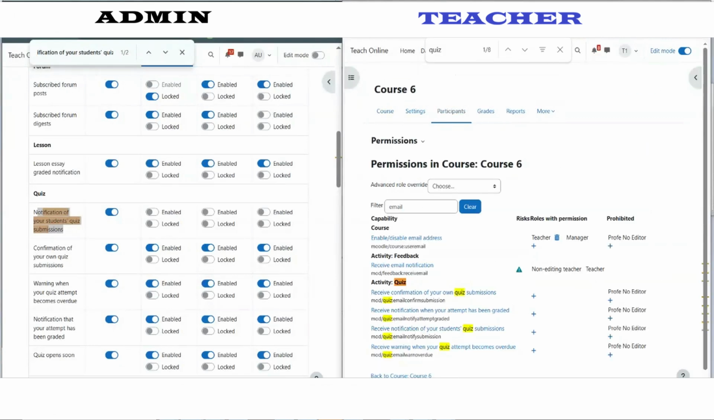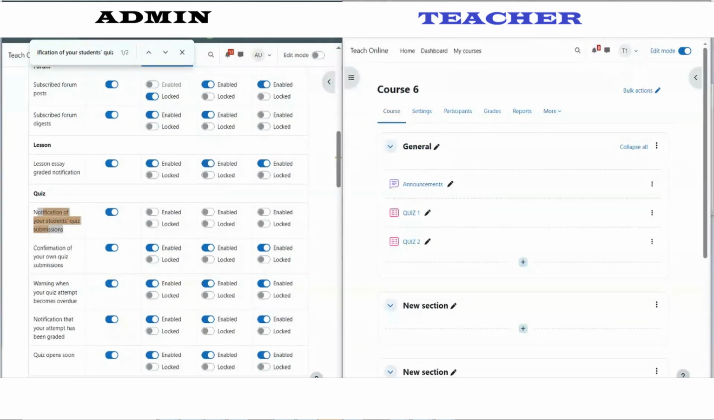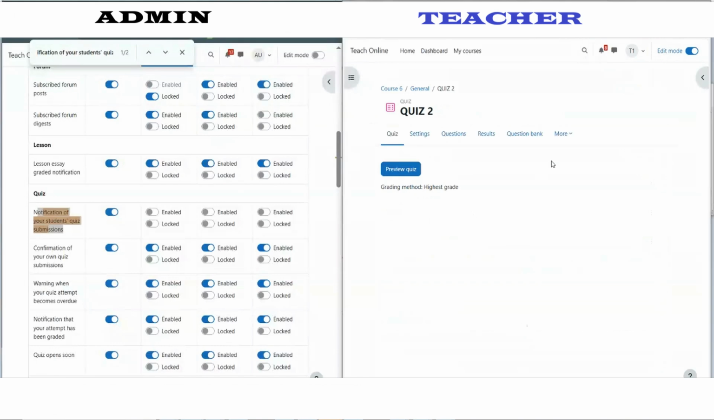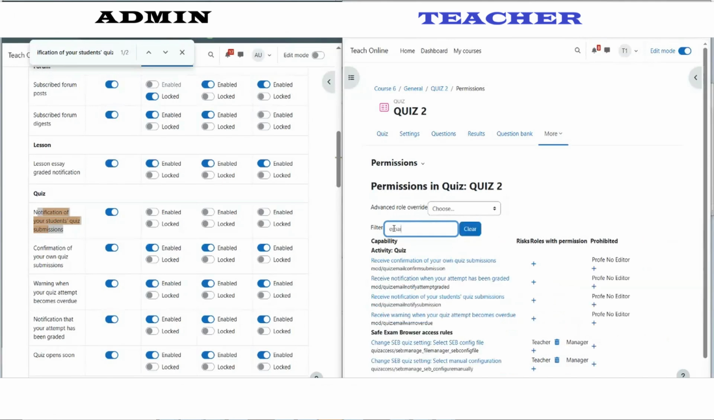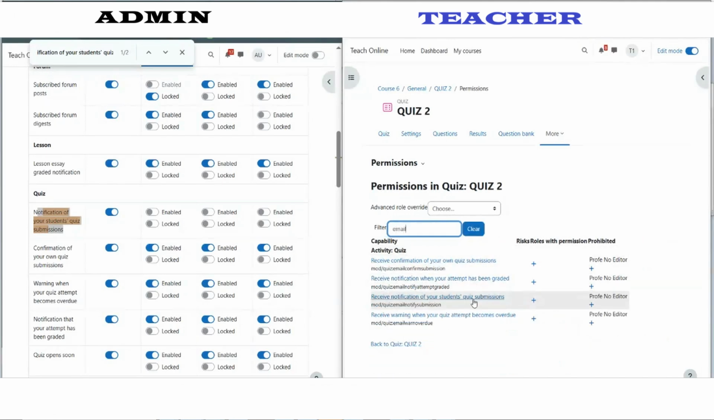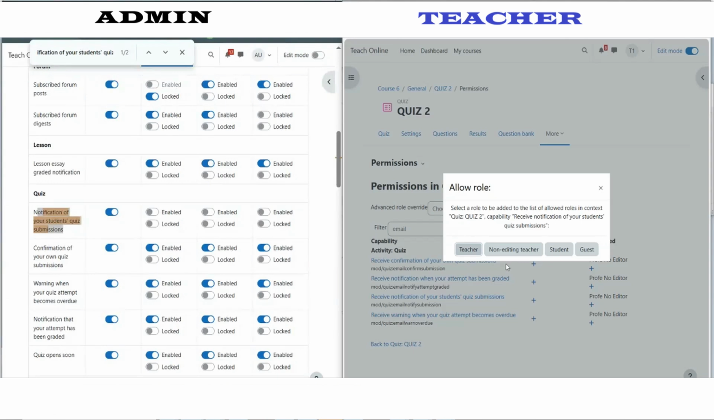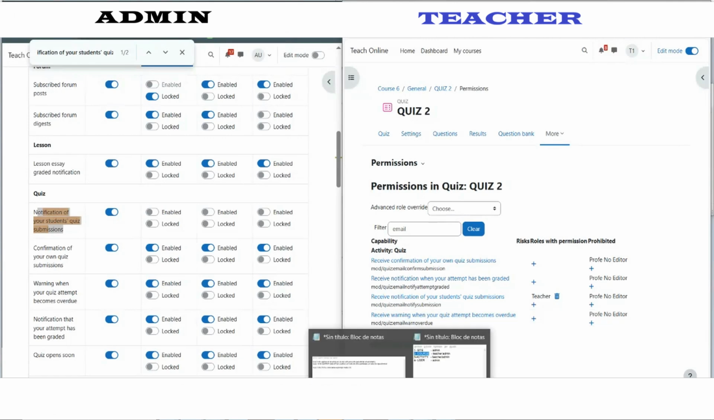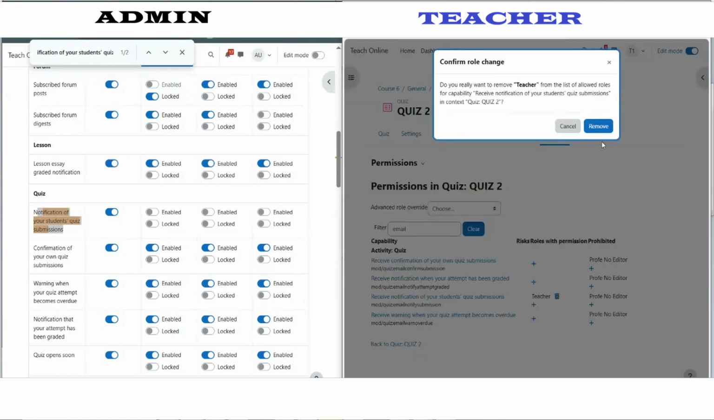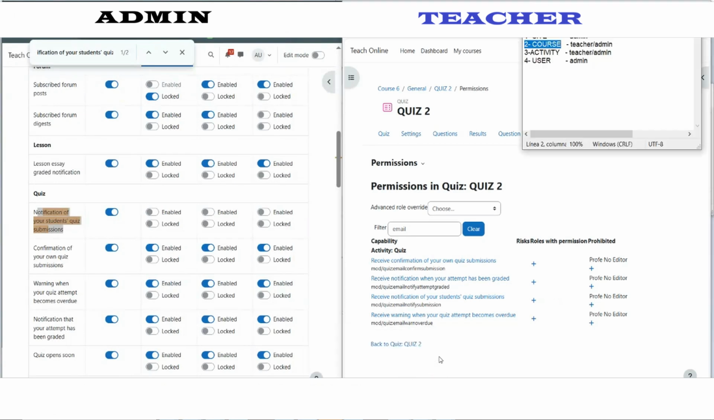But now we roll back, so we are here as a teacher and we want this email to be sent just to users who submit this quiz number 2. So then we go into the quiz, we go here in permissions, and we do the same. We search by mail, and then we add the teacher role here. And that is the way that we do it at activity level. Let's roll back because we want to keep going with the next level, that is going to be the user